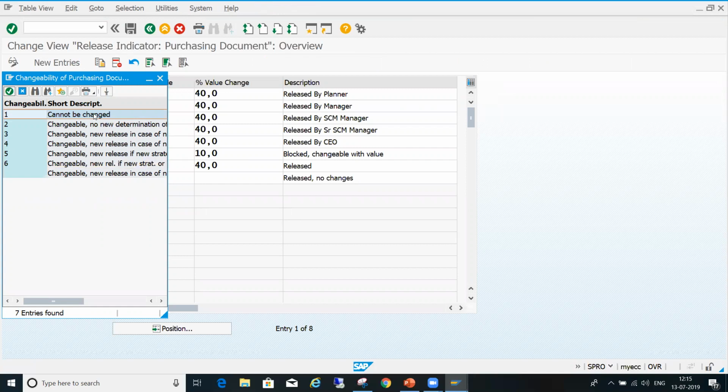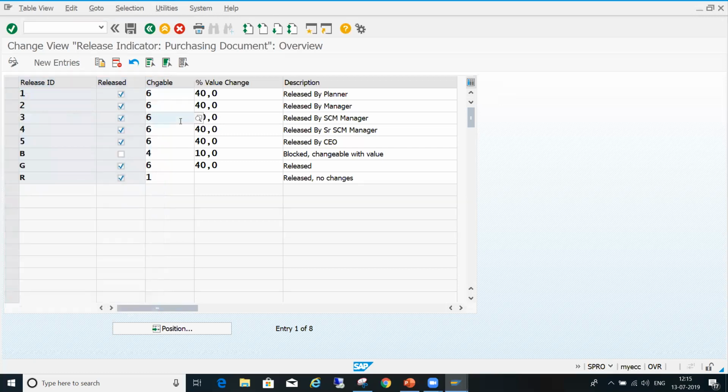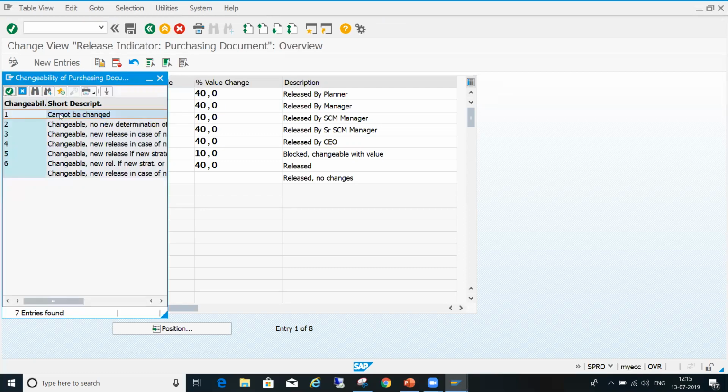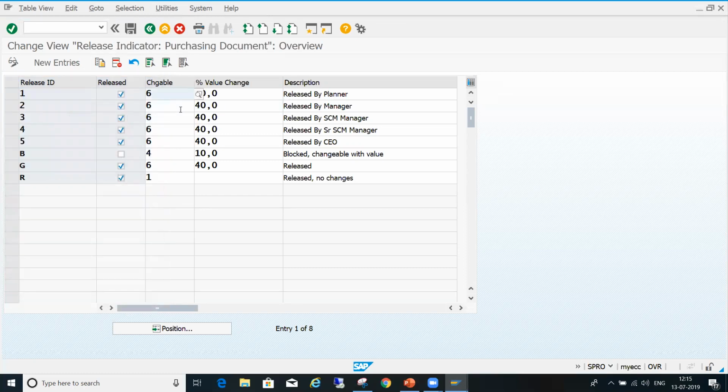Cannot be changed means if you maintain 1 here, after the release nobody can change the value or anything. You can check it, give the indicator changeable 1, and if the PO is released, then nobody can change the PO. It will be in display mode after the release. That we can practice.